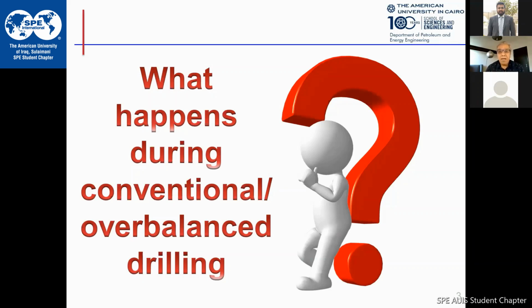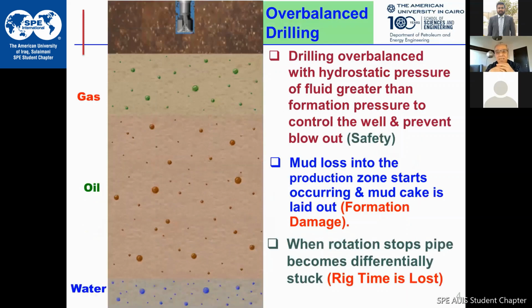Now, overbalanced drilling means the hydrostatic pressure, as you learned in fluid mechanics, along with friction and choke pressure, is larger than the reservoir pressure. And this is usually followed for a safety reason. As you can see, guys, when the drill bit hits the reservoir, or the top of the reservoir,